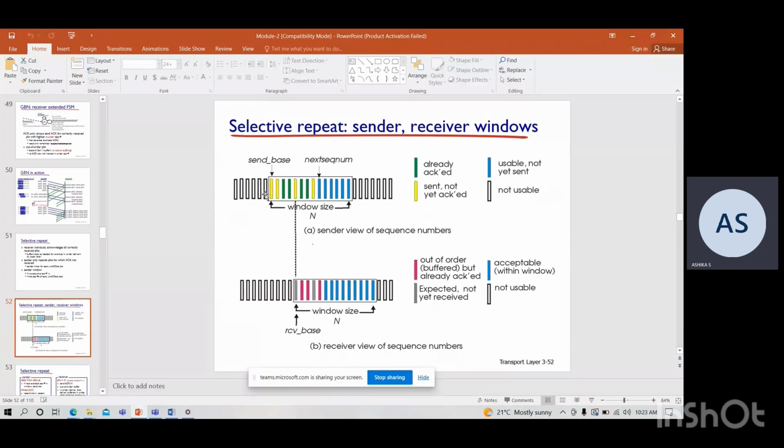Yellow is first, then green. Yellow has not got the acknowledgement, but green has. So there will be an individual check and an individual acknowledgement will be given. In the same way, once a packet has gone out of the particular window, the next sequence will enter that window. So, you can see the window size